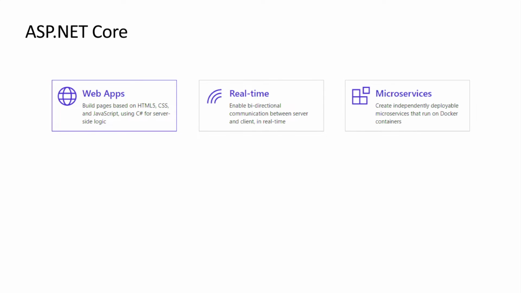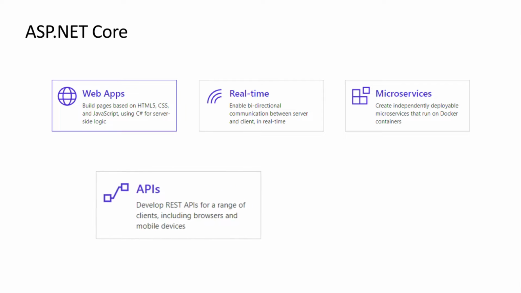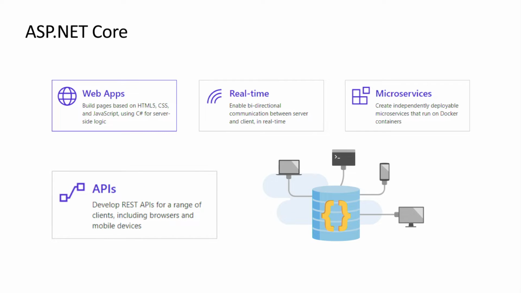ASP.NET comes in. So, ASP.NET gives you web apps real time. You can build microservices. You can build APIs, which is amazing because APIs power the world, effectively. Everything needs an API behind it, and I tried to make this argument a bunch internally because my boss says, tell me about cloud native, tell me about microservices. And I'm like, well, all of those things almost all end up boiling down to a bunch of APIs. Could we just talk about APIs? We've had those for a long time. Everybody needs them. Let's just keep making that amazing.